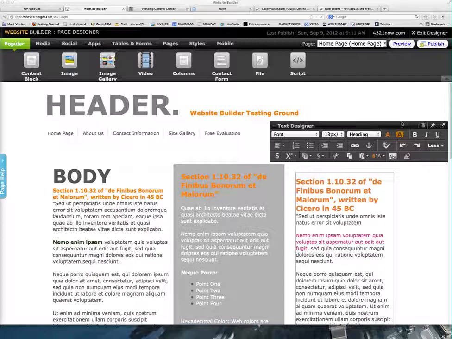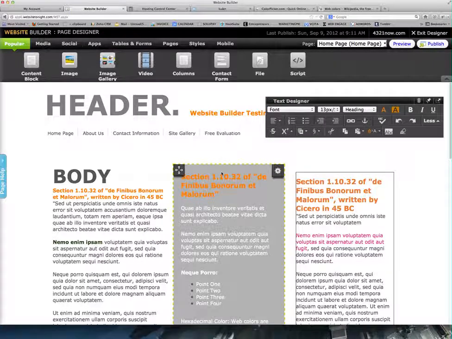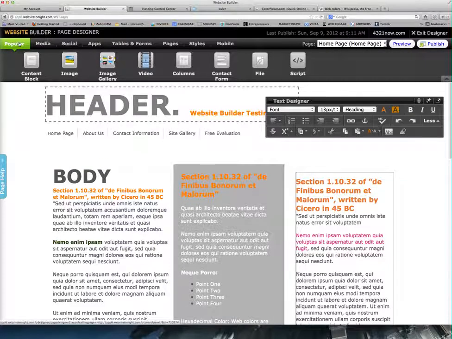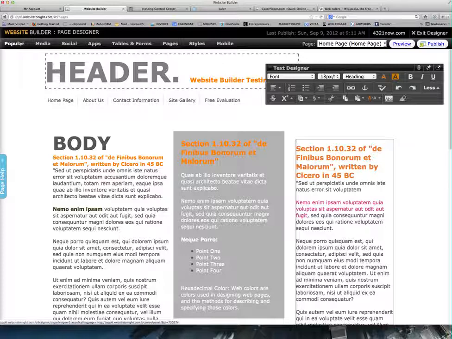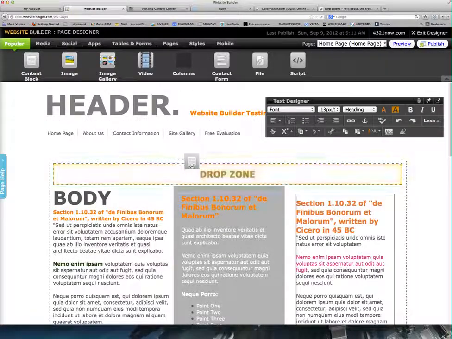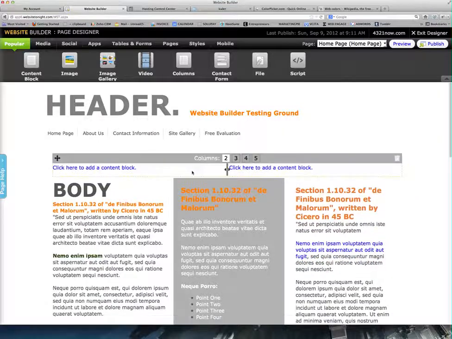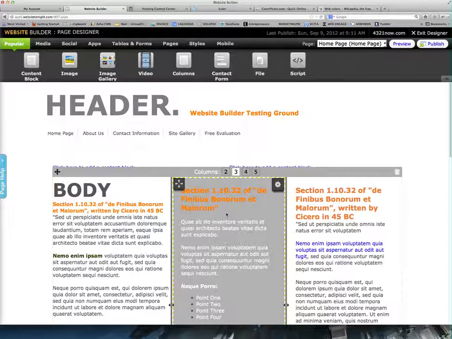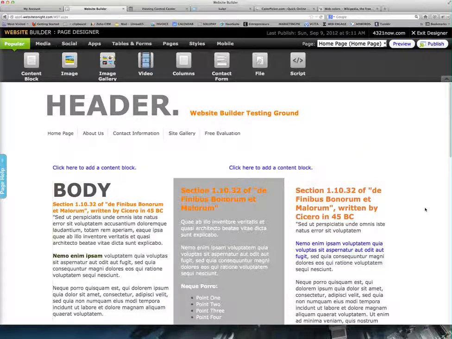I've got this particular website broken into 3 columns. You can set the columns under popular, and you go to columns and you just drag it to where you want the columns to be and drop, and it'll give you the option of setting a 2, 3, 4 or a 5 column format. I already have this one set up as a 3 column format. We have a white background, and